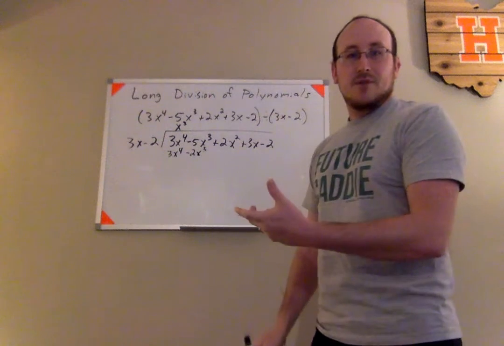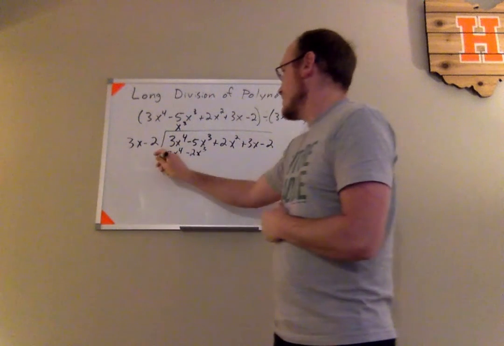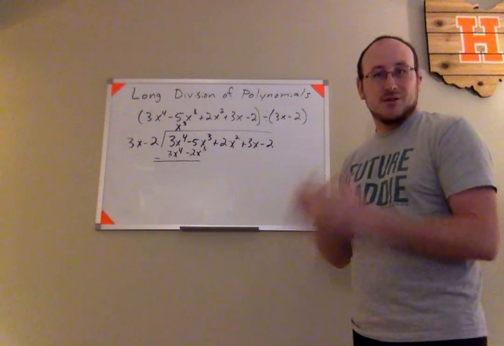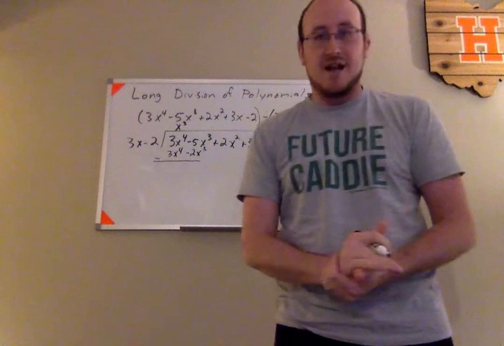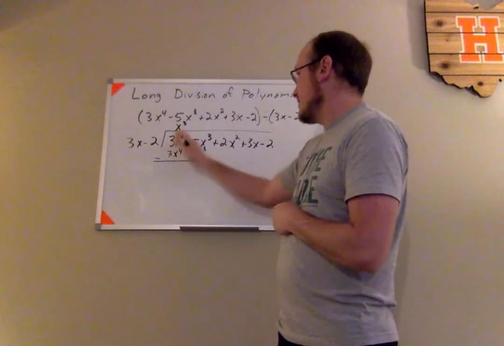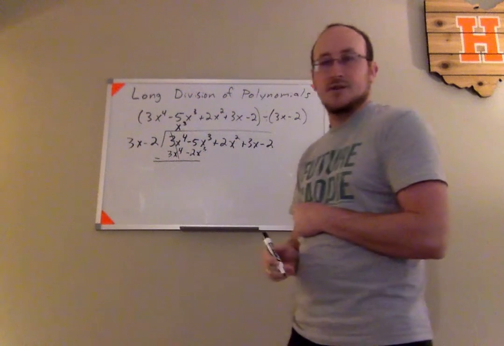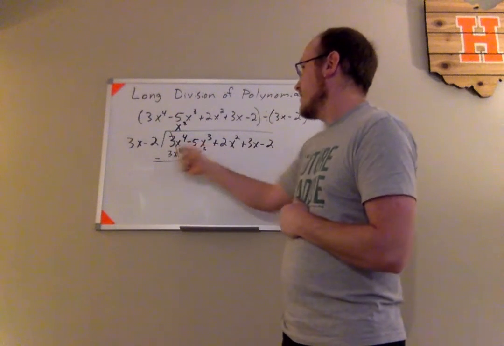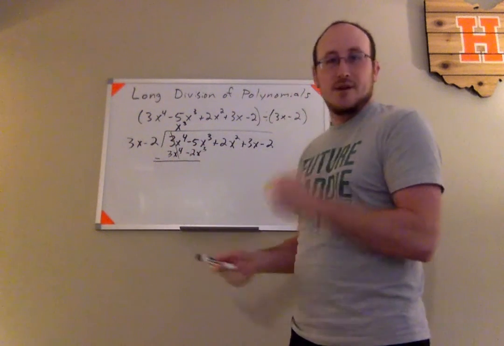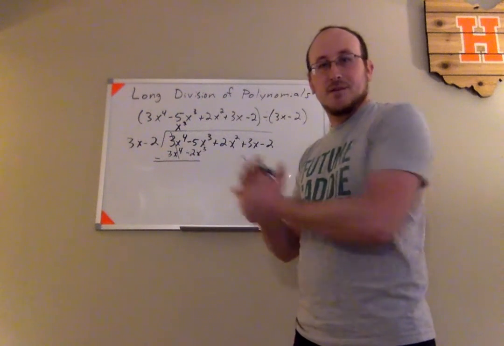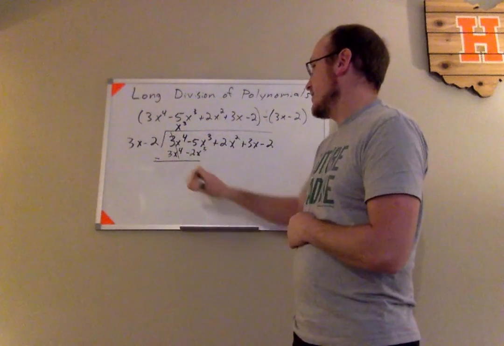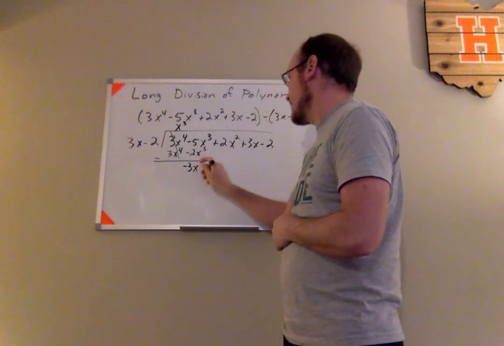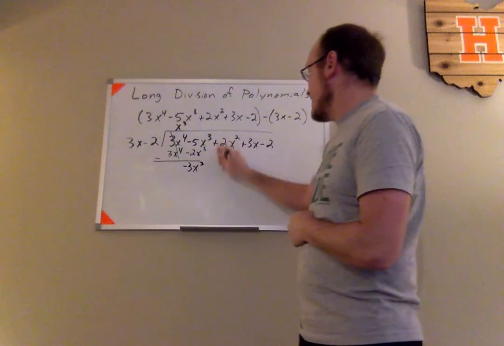And then again, trying to think back to this long division algorithm for numbers, once you do this, then you subtract. This is a little different than the synthetic division where we were adding things at this point, so you've got to be careful and remember that we're subtracting here. So 3x to the fourth minus 3x to the fourth, those would cancel out. And here's where students make a sign mistake a lot of times. Negative 5x to the third minus negative 2x to the third, that double negative really becomes plus positive. So negative 5x to the third plus 2x to the third should leave you with negative 3x to the third, like that. Drop down your next term